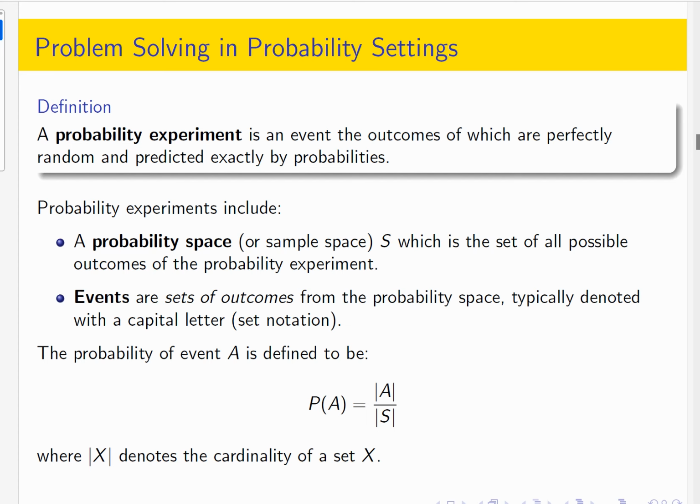And events, probability events, are sets of outcomes. They're either a single outcome or, well, a set can be a single outcome, but or a set of multiple outcomes from that probability space. And we tend to use set notation, so we'll use a capital letter. So for example, the probability of event set A is defined to be, and oh, what's the absolute value there? So we're using the absolute value to denote, sorry,